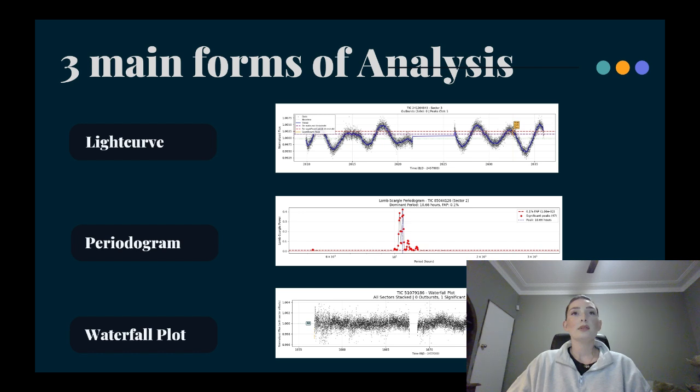So then this is the analysis. It moves from that background work to this analysis stage. And like I mentioned, it goes through 3 phases. So first, a light curve is produced to visualize pulsation behavior. I've got examples of the real targets that I was looking at on the screen here. So the first step is that light curve there, so you can visualize the flux changes across all the sectors, and you can just visualize any abnormal